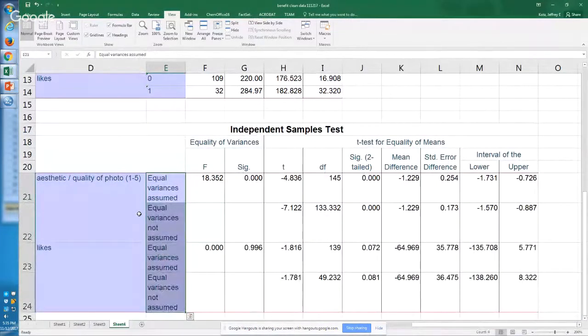There's a number of different things in here that may or may not be really relevant to us. The equal variances assumed or not assumed has something to do with understanding the shapes of the distributions if a colorful drink is present or if it's not. Not really the level we're operating on right now. Mostly the things that we need to go to are right here,